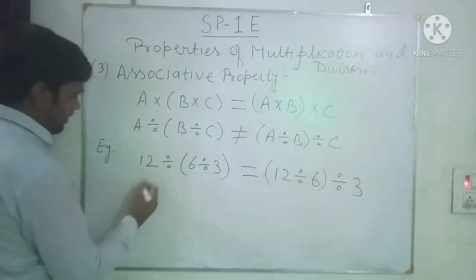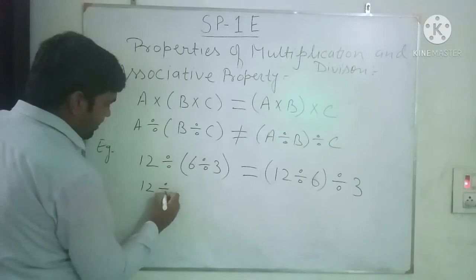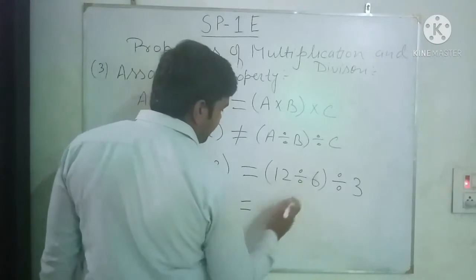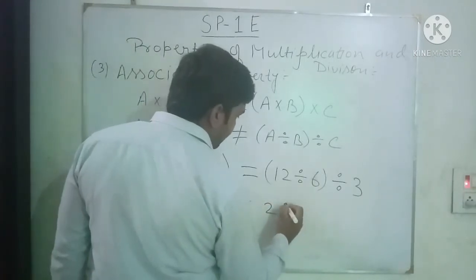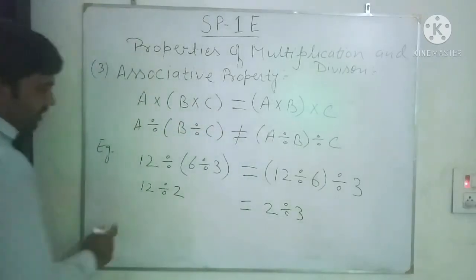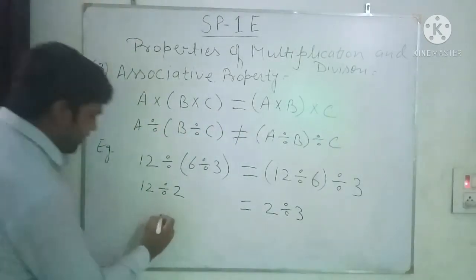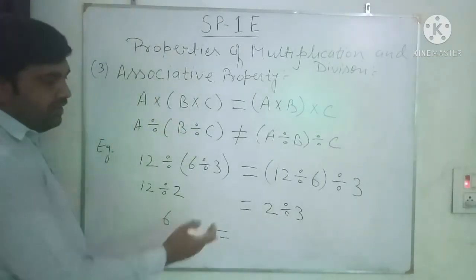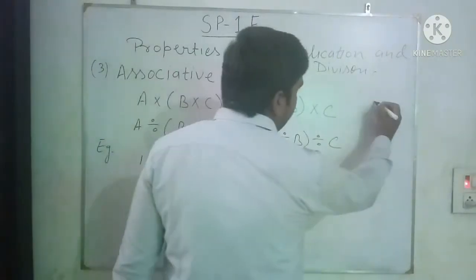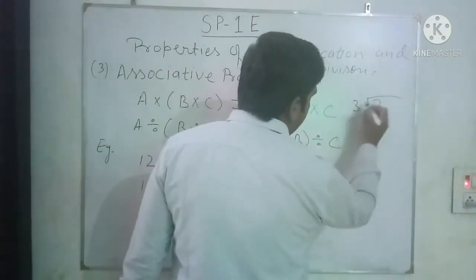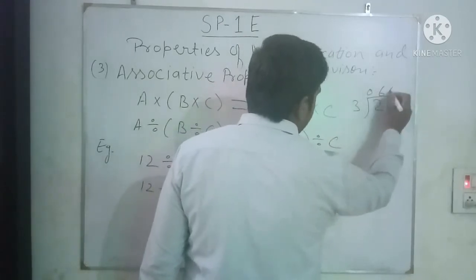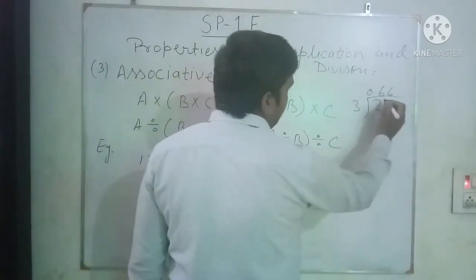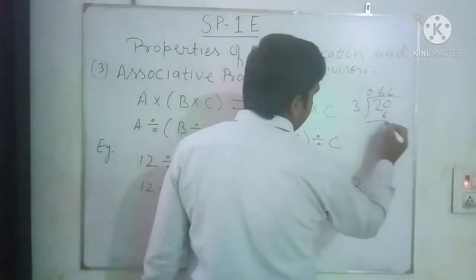So see what you get here. When you divide 6 by 3, what is the result? 2. And here, when you divide 12 by 6, what do you get? 2, then divided by 3. Here, when you divide 12 by 2, what do you get? 6. 2 6s are 12. And here, when you divide 2 by 3, what are you going to get? You will get 0.6, 6 like this. Here 2 is smaller than 3, so we take a 0 and put the decimal here, 20, 3 6s are 18.